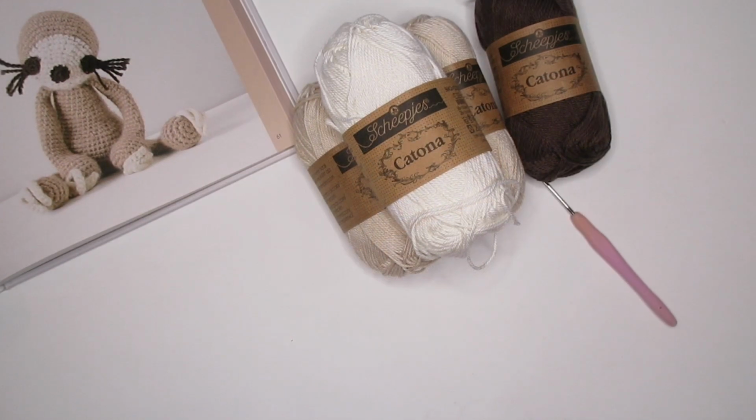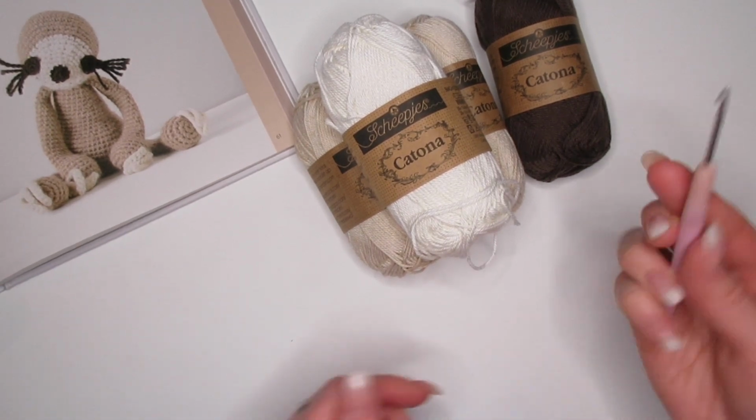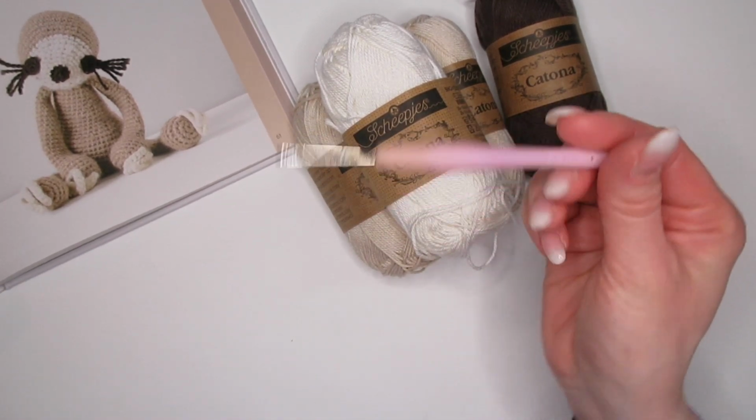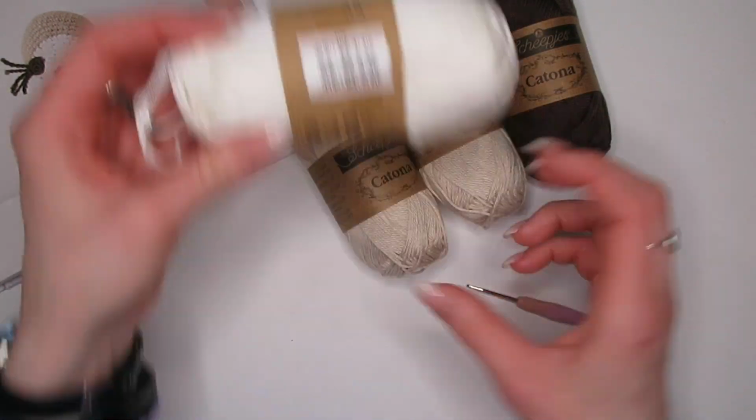Details. I got rudely interrupted by the memory card running out of space because I forgot to empty it before I started. So yeah, that's fun. But I went and got my crochet hook, which is a 2.5 millimeter. I picked these colors, which is 105,